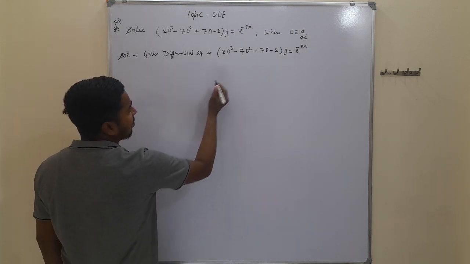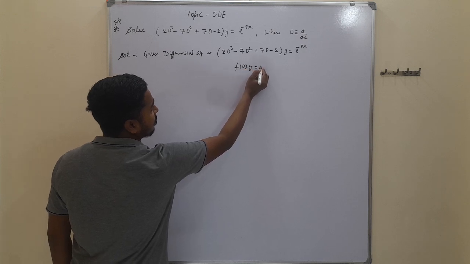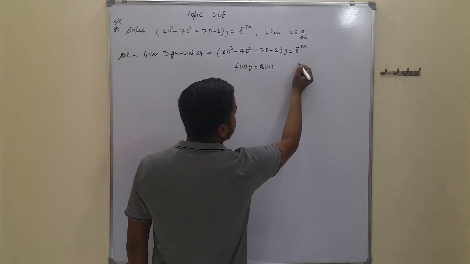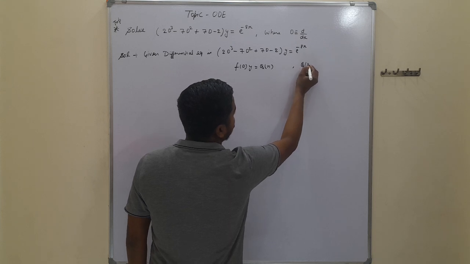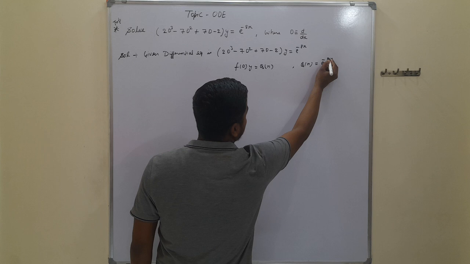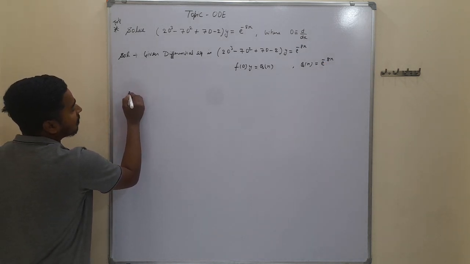Here this is of the form f(D)y = Q(x), and from here we have Q(x) = e^(−8x), and further we have to find